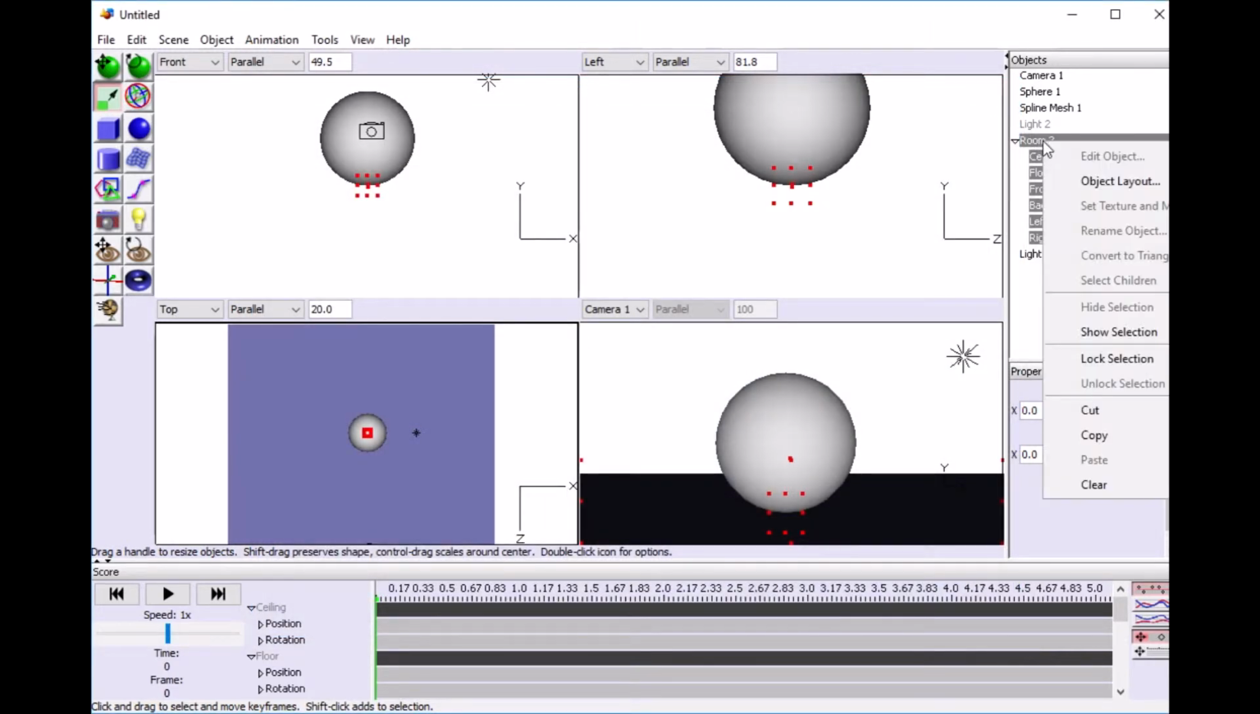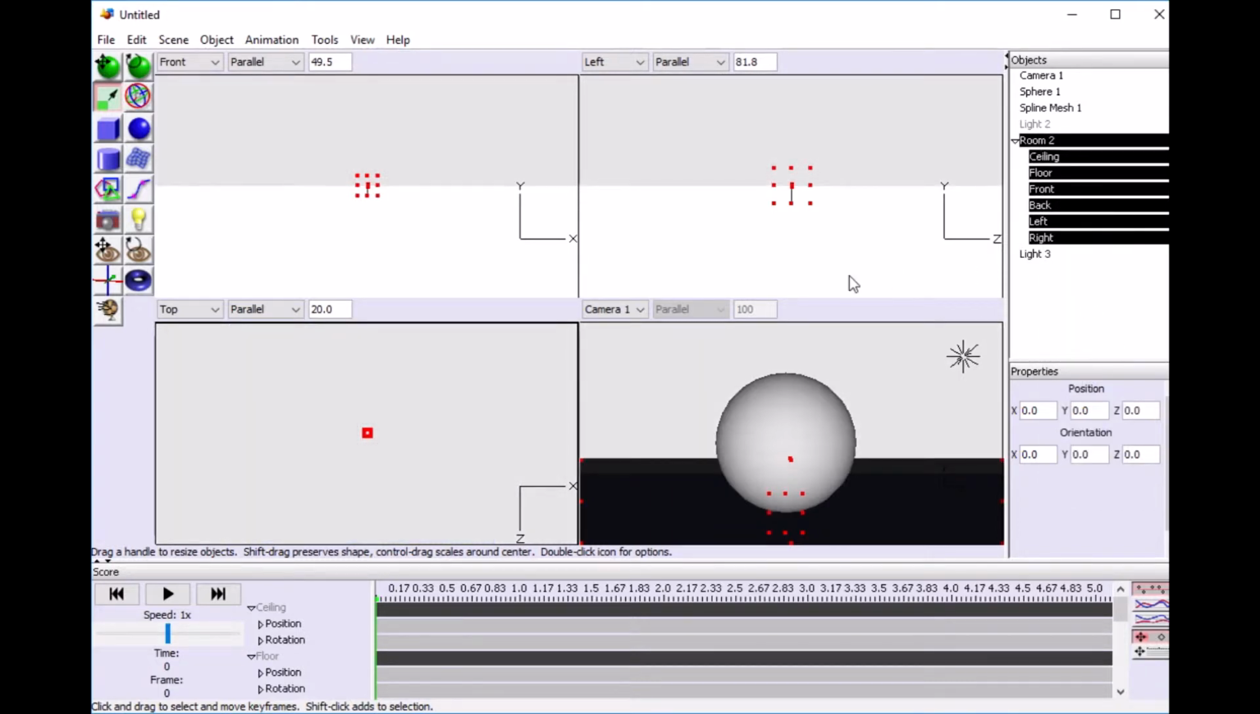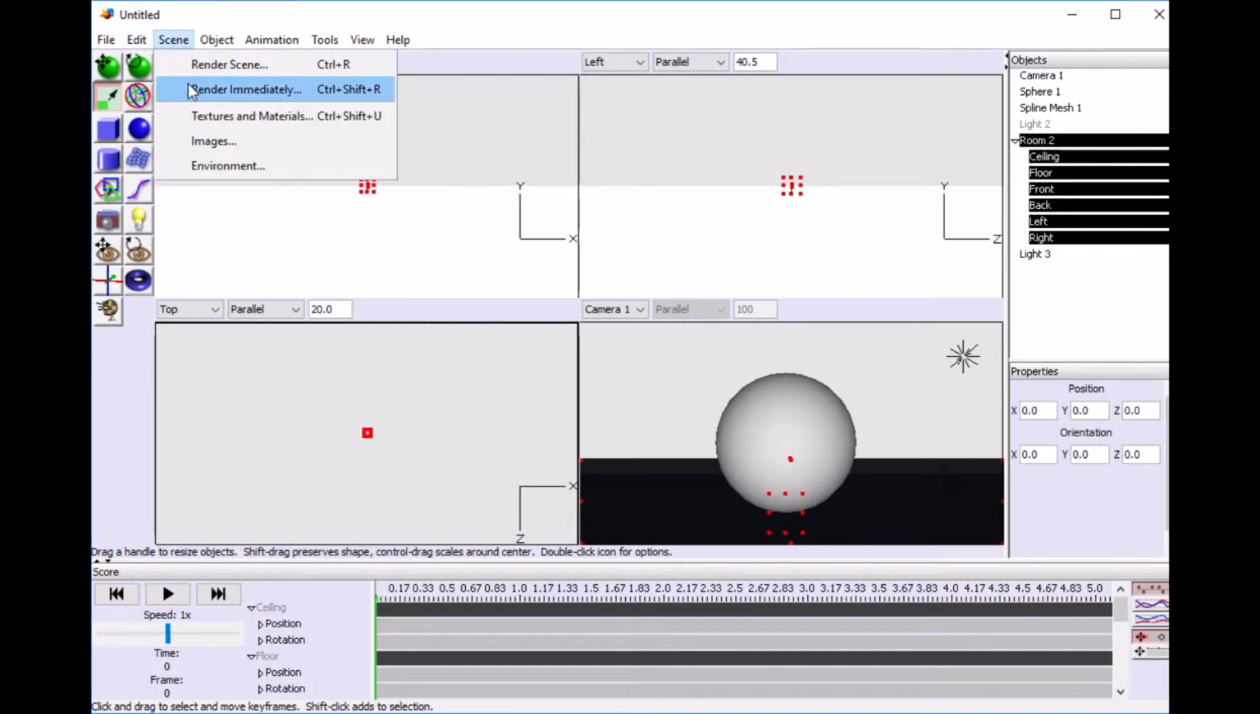So now we're going to turn these objects on. So we select Show Selection. You'll notice that this room object is really just a big box. So if we zoom out, we can see the outside of it, but internally we've got our camera inside the box, so we don't really see much difference in how it looks here. But if we go and we render the scene,